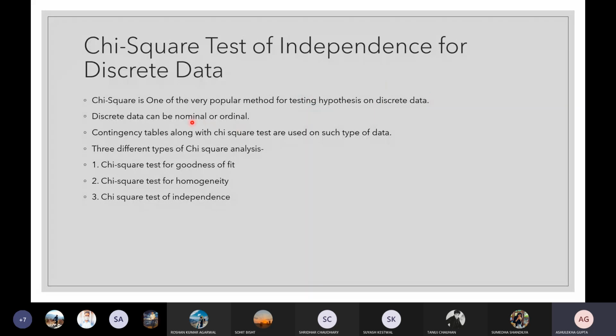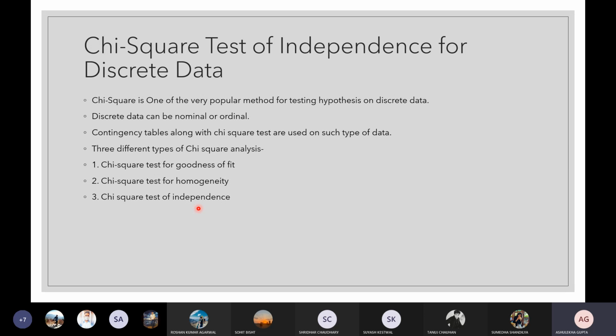Nominal is where we are only assigning a number. Ordinal means ranking. So discrete data can be nominal or ordinal. Contingency tables along with the chi-square test are used on such type of data, so we are preparing contingency tables. There are three different types of chi-square analysis: chi-square test for goodness of fit, chi-square test for homogeneity, and chi-square test of